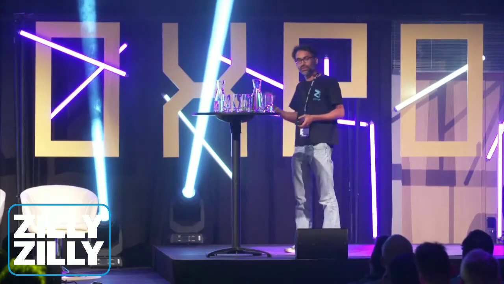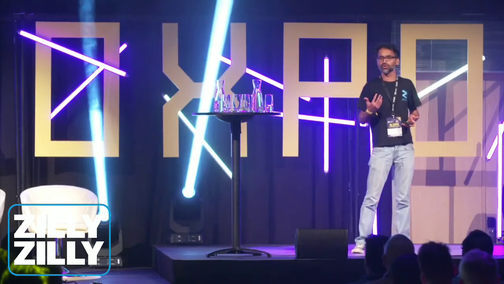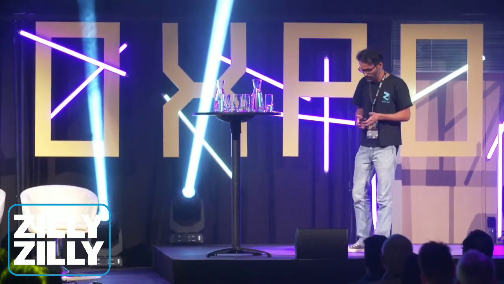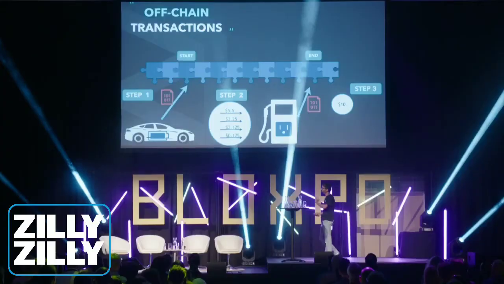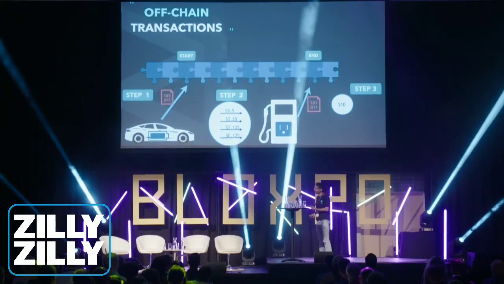So what are other solutions? There's another line of solutions called off-chain solutions, where what you try to do is you want to reduce the traffic that actually goes to the main network, the main chain. So for instance, let's say you have a very fancy electric car, and you take your car to this charging station every morning, and you charge your car, and then you pay a small amount of money as a return. Now, what you do instead, in this case, is that you don't want to pay this charging